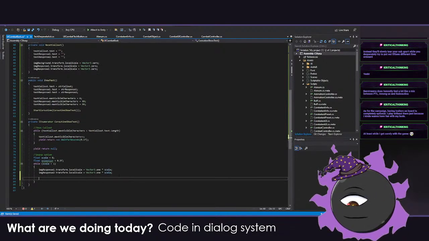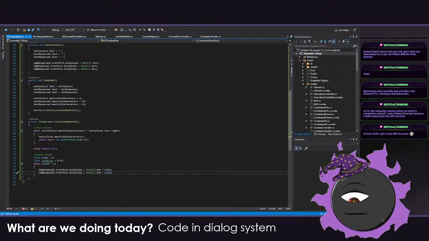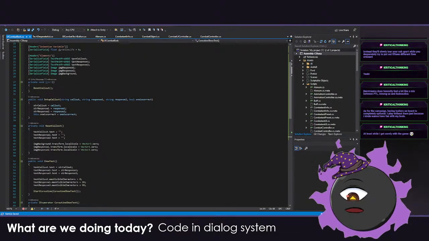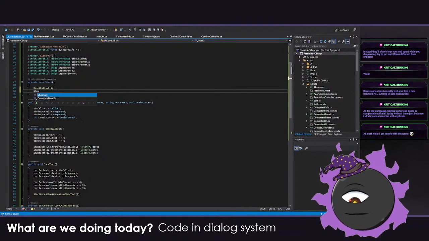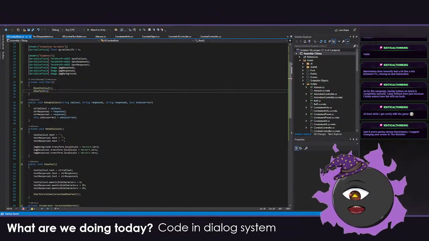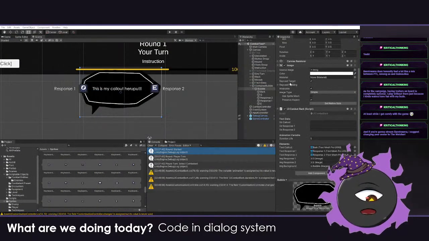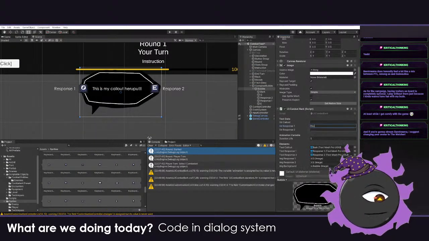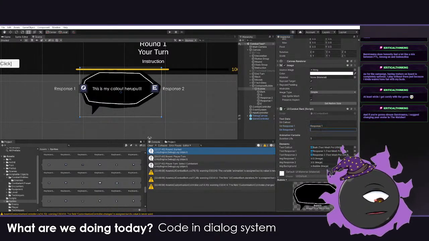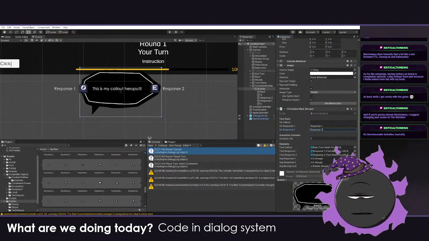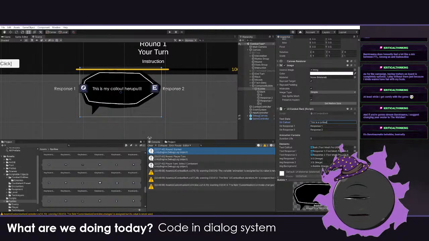Show text. Alright, so this looks good. So let's try and see if this works, shall we? I'm gonna change here, response 1, response 2, and this is a call out